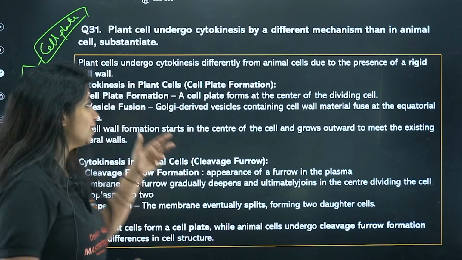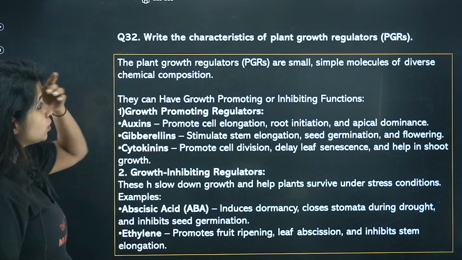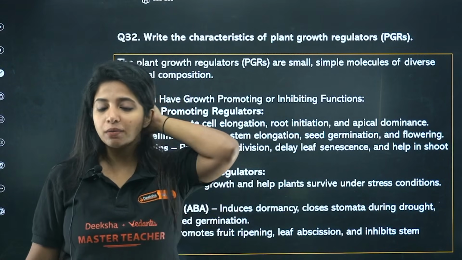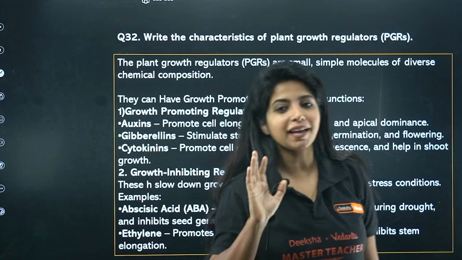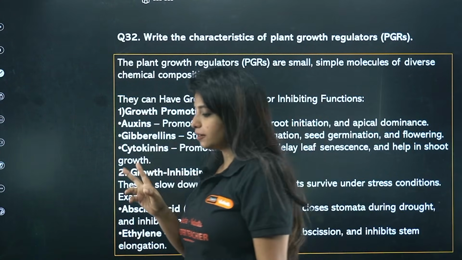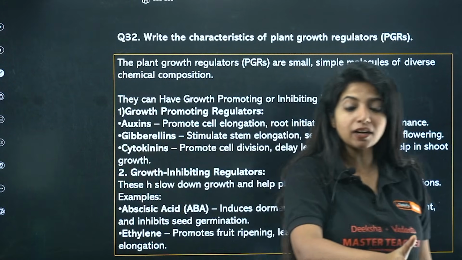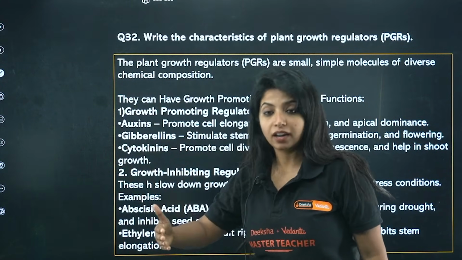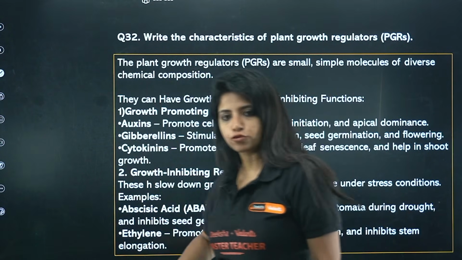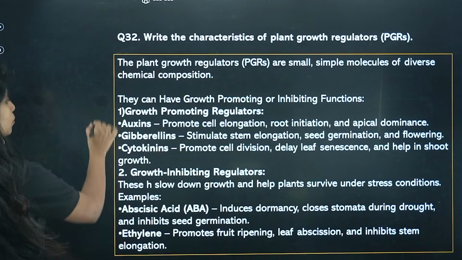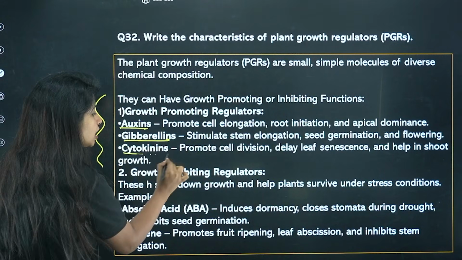Easy, right? Okay. Next thing, write the characteristics of plant growth regulators, PGRs. What do you mean by plant growth regulators? Basically, you are talking about the hormones which are playing a very important role over here. There are two types of hormones, or plant growth regulators: one that helps in plant growth, and one that does not allow plant growth to happen. Or basically, I can say one that inhibits and one that promotes. Okay. Now, the ones that promote